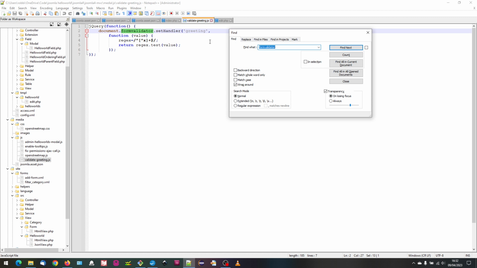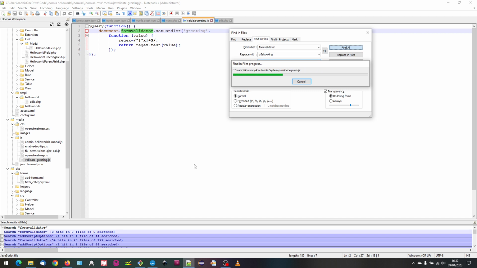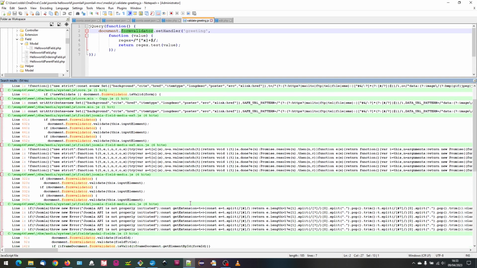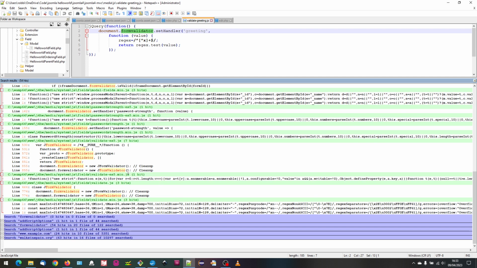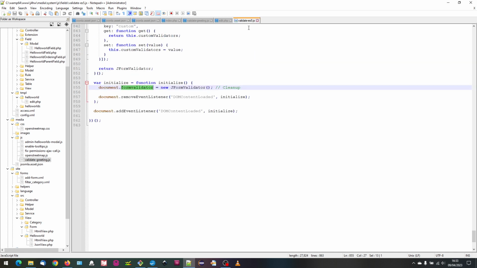So what I've just done in the past is look at form validator and look for it in media system, and you can do that. And if we look for JS files there, we can find where form validator is in the JS files. And if we look down here, we can see something that sets short for JForm validator, and there's the line there. So we're actually setting form validator. So that is the line that we need to really have included, and it's in